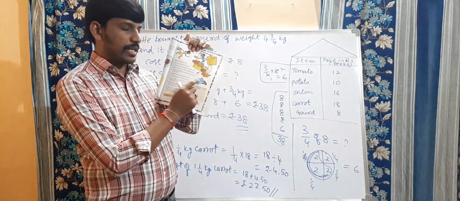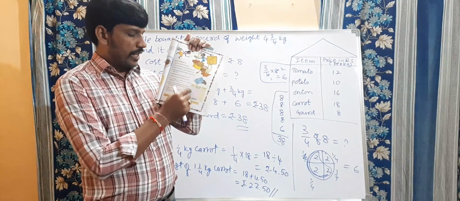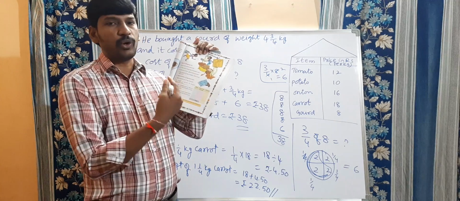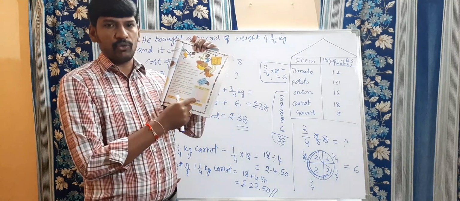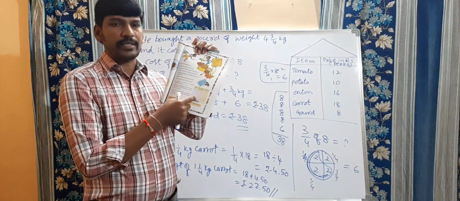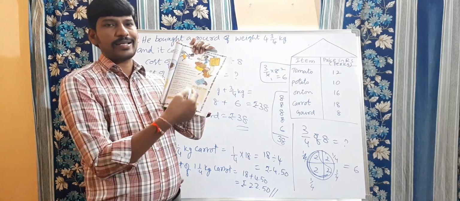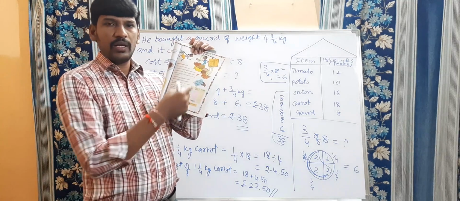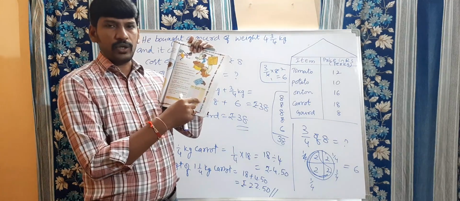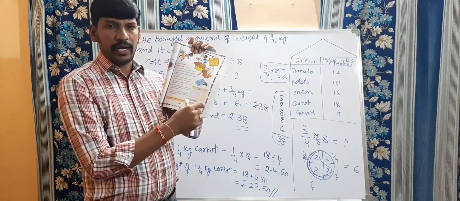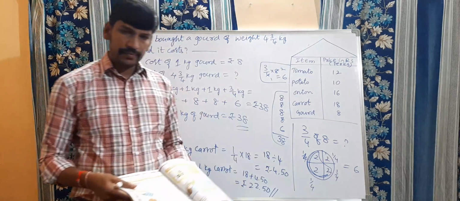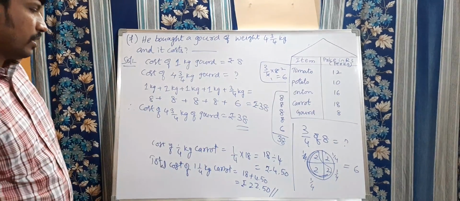Make your own bill also, like Kirti's. Clear? Like this, you can take any 4 items with these prices, or you can take your own prices also. Nothing will happen. Nowadays the cost is high compared to this. Take different costs for the different items, and find the amount and total bill. This is your homework. Is this clear, my dears? Right. Clear? Please copy this.